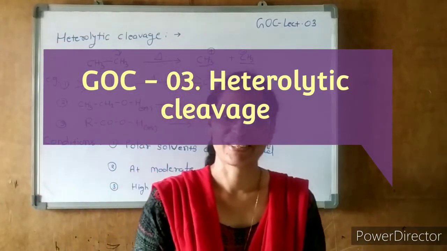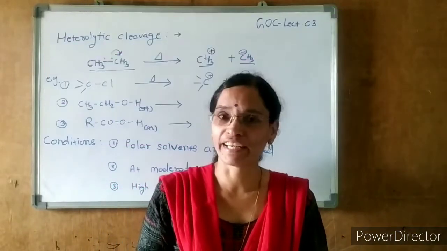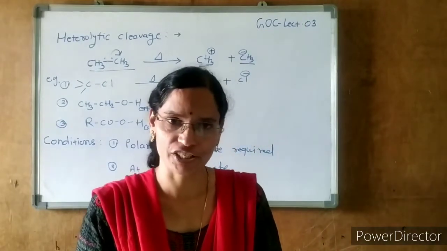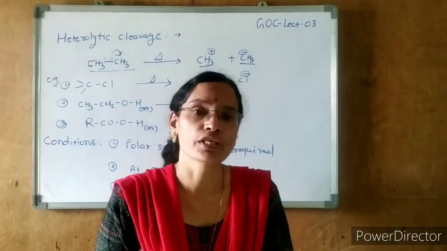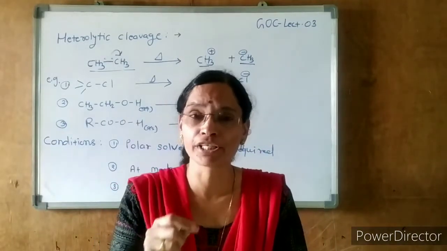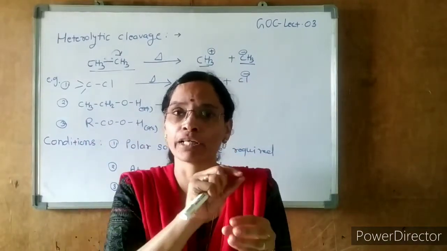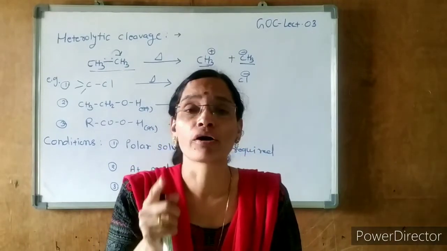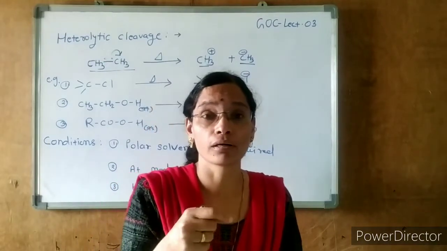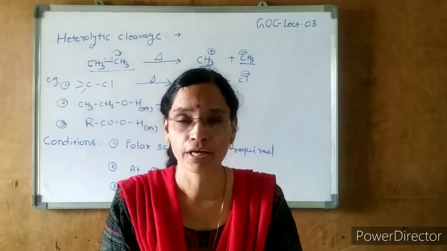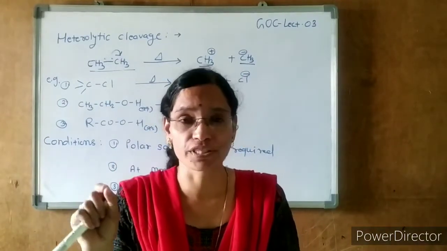Hi students. So in the last session we discussed homolytic cleavage. What is homolytic cleavage? What are the necessary conditions and what are the products? All these things we discussed in the last session. Just remember regarding homolytic cleavage, if on the arrow of a reaction there is the presence of hν, or UV light, or sunlight, or even initiators like hydrogen peroxide, benzoyl peroxide, etc., then definitely their product will be the neutral species, that is, the free radical.